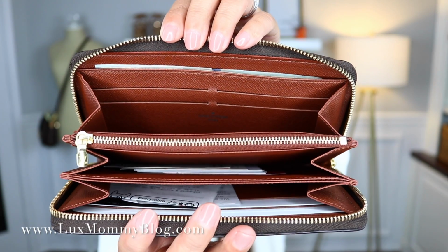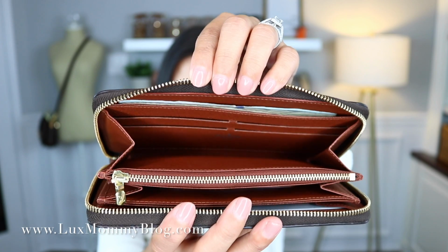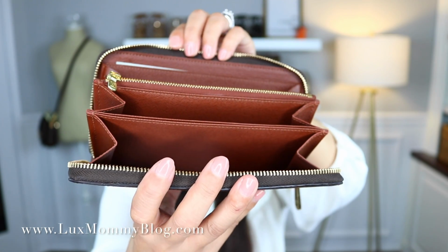So that is what it looks like whenever I take the cards out. You can see it's not stretched out at all. It looks great and it still looks pretty brand new. Okay, so next I want to go into what bags it fits in and which ones it doesn't of the